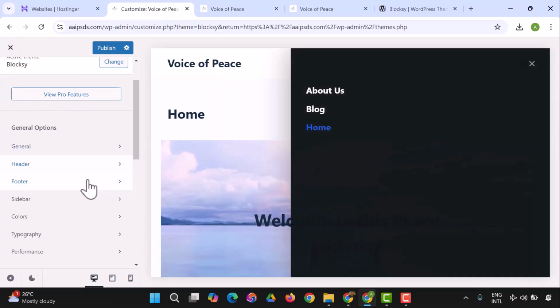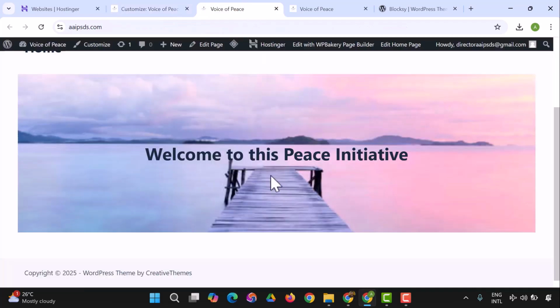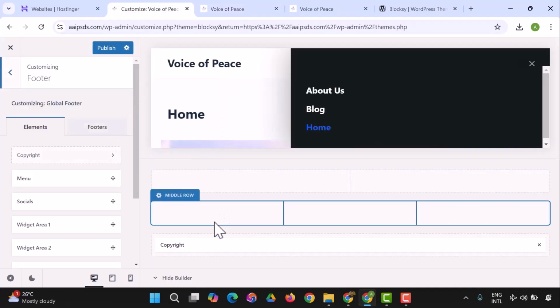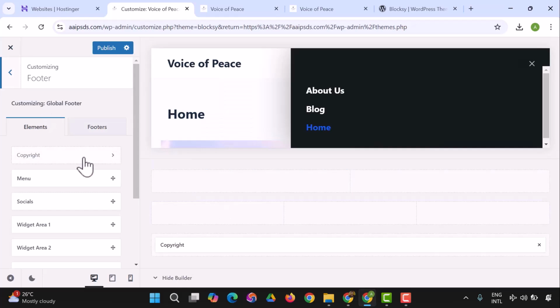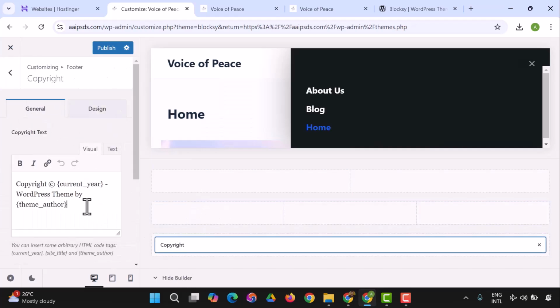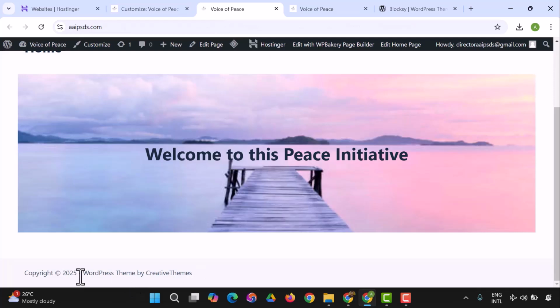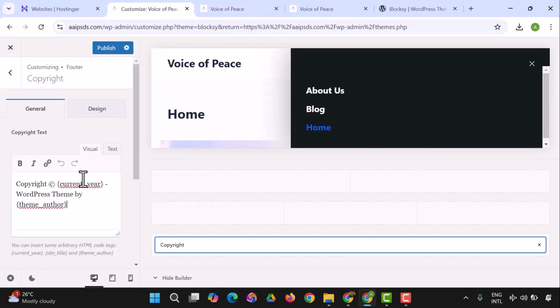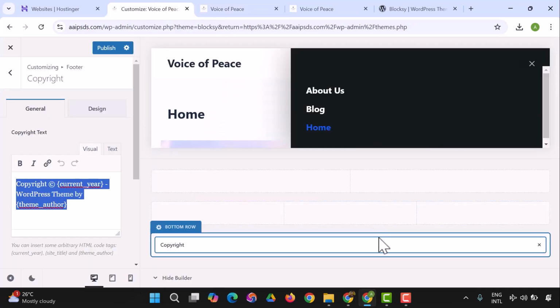So we have to customize this theme. Coming to footer, and here in the footer we have copyright 2025 WordPress theme by Creative Teams. So let's see how to change that. And here we are in the footer, and you have a copyright. Here's the copyright, and this is where this came from. So we could change that right now. So we could say voice of peace. So let's change it to